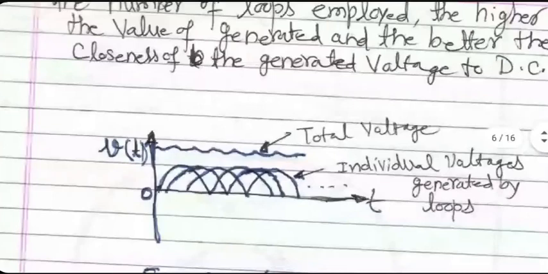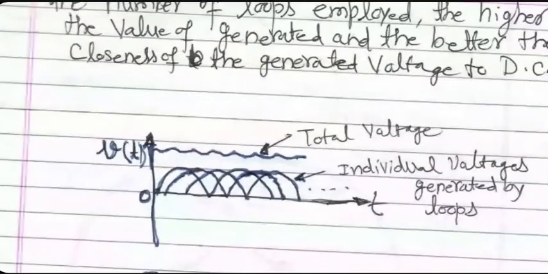I've not done the math, but you can imagine, just look at the envelope of this summation of so many waveforms. The envelope is not now varying too much with time. Minor variations are there, but the larger the number of loops you use, the smoother is the waveform in terms of making it a DC waveform. So a large number of loops are very important in making the waveform of the output EMF a DC wave.